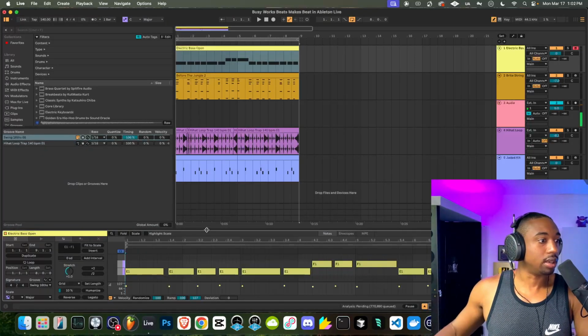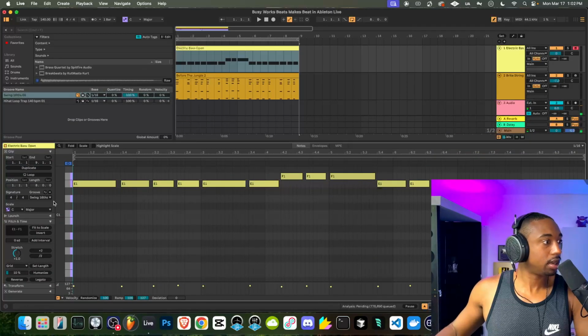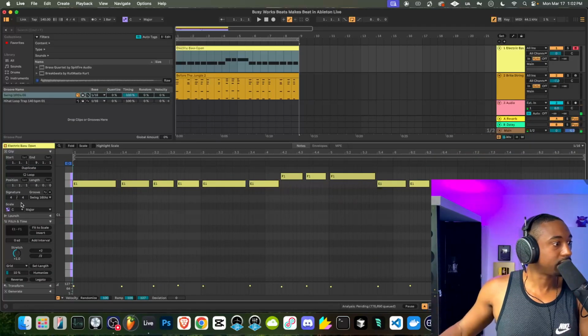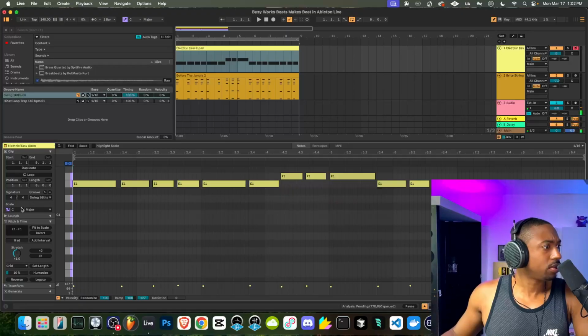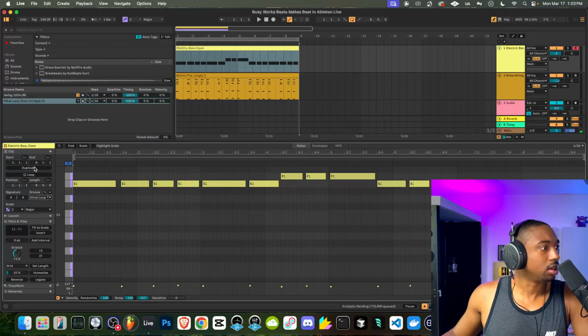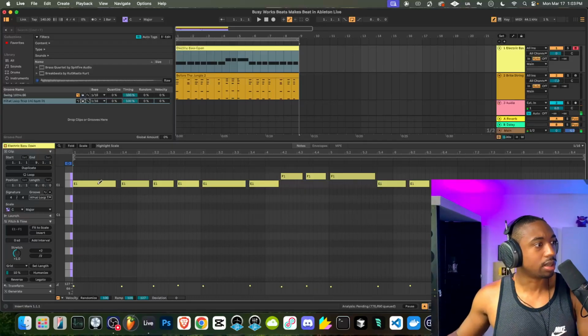Let's go inside of the electric bass. Let's double click and let's go to the left side here. Let's find that groove menu. If I can find it here, where's the groove menu at? Okay, here it is, groove. Click the drop down. Let's go to hi-hat trap, and then quantize. Where's our quantization button? Okay, I used to think there was a quantize button right there, but I guess not.